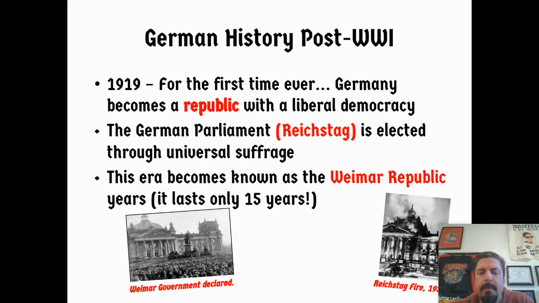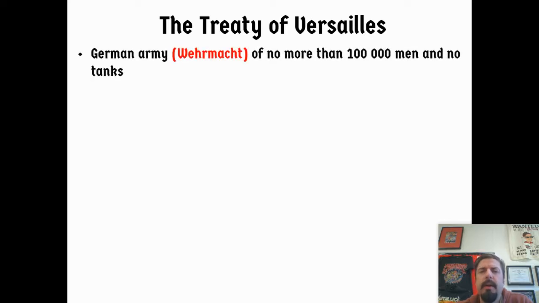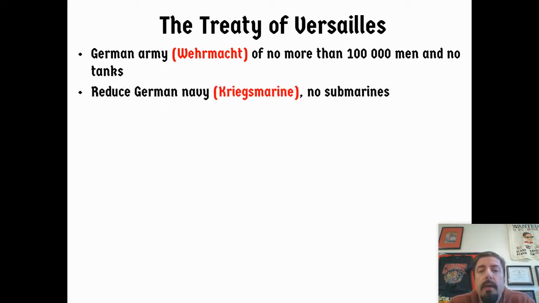Like I said, the Weimar Republic, for all intents and purposes, ends just a few months after Hitler takes over in 1933. All right, just going into review, the Treaty of Versailles kind of ushers in the Weimar Republic, but this is what happened to Germany. Germany was treated rather harshly as far as the terms of the treaty. Their army was held to less than 100,000 men and no tanks. Their navy was reduced to basically nothing,